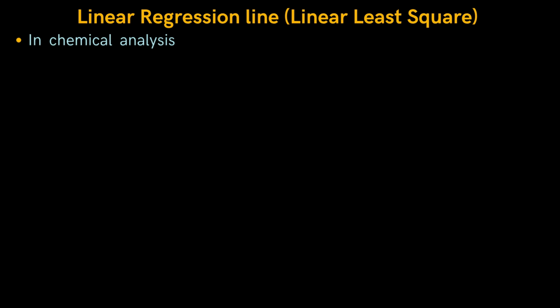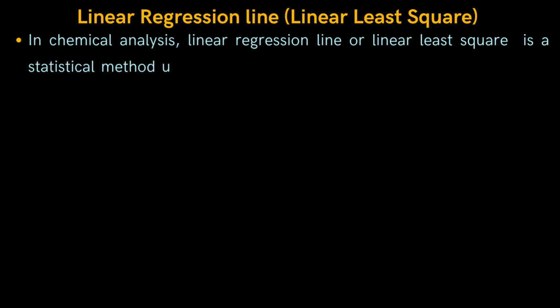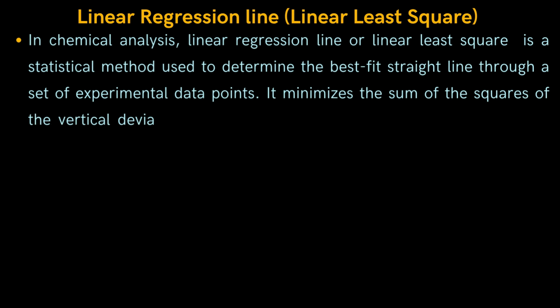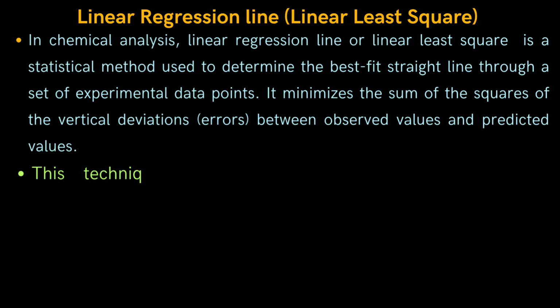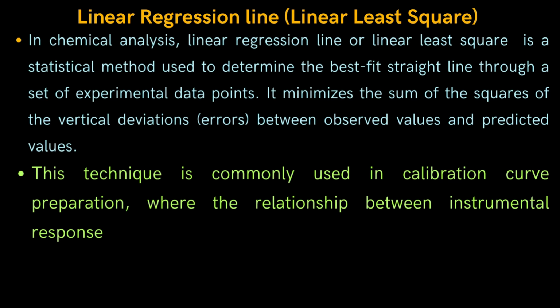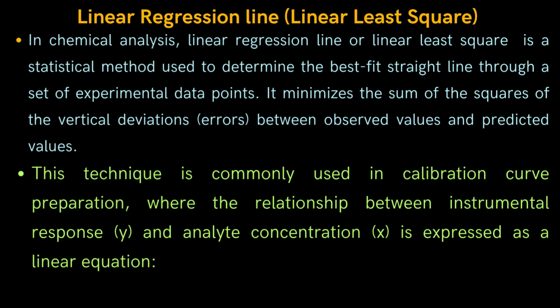Another most interesting topic in chemical measurement is the linear regression line or linear least square. In chemical analysis, the linear regression line or linear least square is a statistical method used to determine the best fit straight line through a set of experimental data points. It minimizes the sum of the squares of the vertical deviations, errors, between observed values and predicted values. This technique is commonly used in calibration curve preparation, where the relationship between instrumental response, y, and analyte concentration, x,